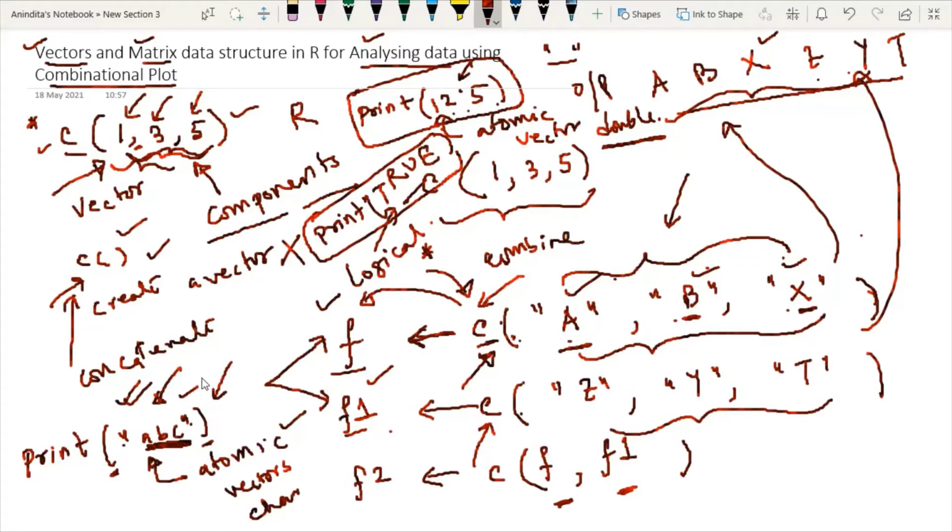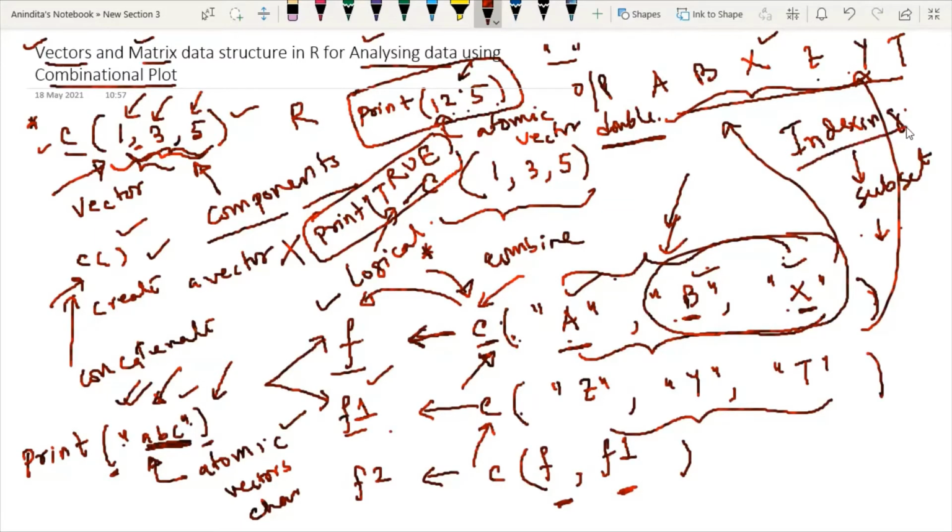But why are these vectors important? These vectors are important to perform indexing in R. Indexing means selecting a subset of the elements in order to use them for further data analysis. Whenever we have a set of elements, we can capture a subset of the elements using indexing.